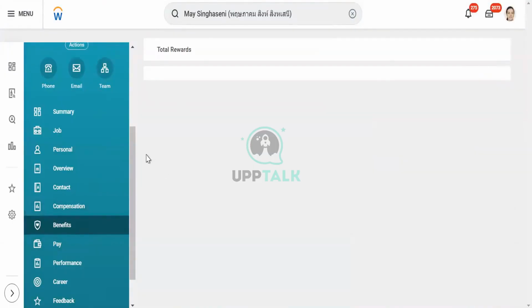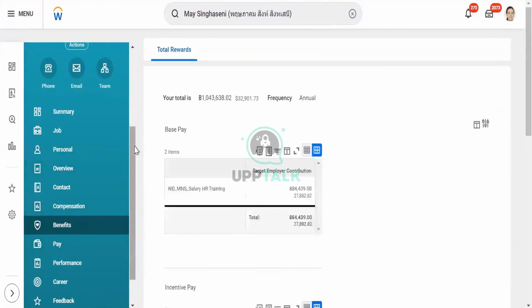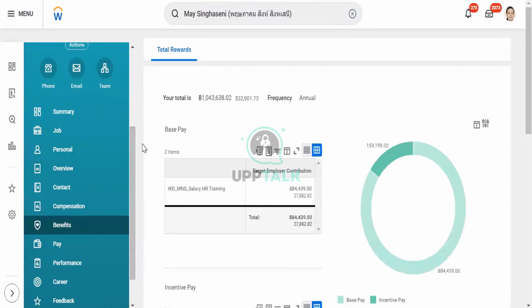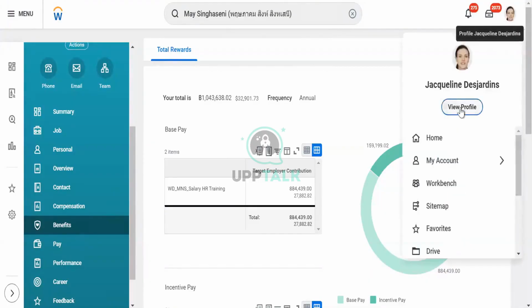Data is blank. Actually, you are not seeing any benefits. Rewards is there, but that is not a benefit actually. We have not given total rewards permission. We have given benefits permission. She is not having any benefits permission. If you wanted to see how benefit plan will be populated, if you go to Jacqueline's profile,